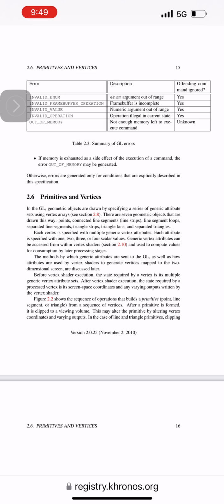Before vertex shader execution, the state required by a vertex is its multiple generic vertex attribute sets. After vertex shader execution, the state required by a processed vertex is its screen space coordinates and any varying outputs written by the vertex shader. Figure 2.2 shows the sequence of operations that builds a primitive (point, line segment, or triangle) from a sequence of vertices. After a primitive is formed, it is clipped to a viewing volume. This may alter the primitive by altering vertex coordinates and varying outputs. In the case of line and triangle primitives, clipping